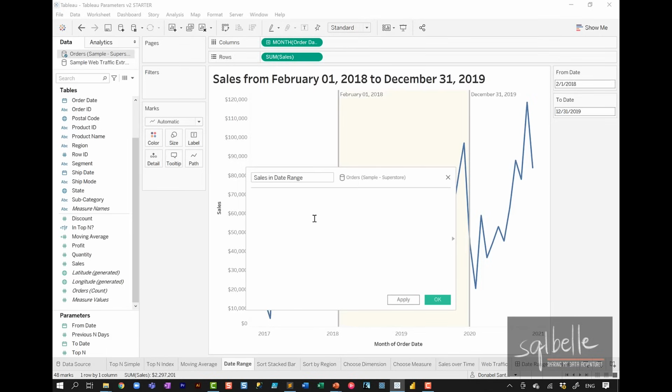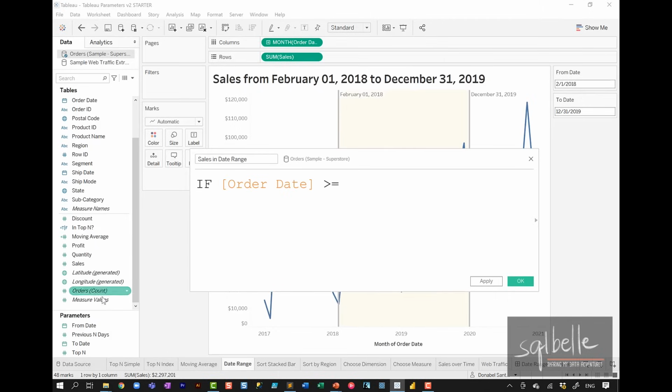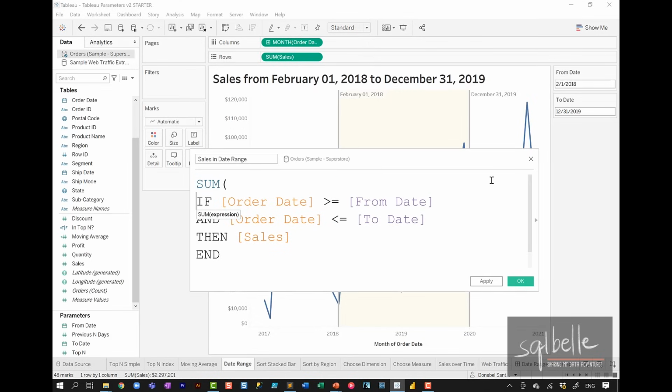Now I will show you some common issues that happen when we try to do this. We may be inclined to think that the only logic we need is an if-else statement. For example, if order date, let's expand this, is greater than or equal to our from date, and if the order date is less than or equal to our to date, then sales, and then end. We can put this inside a sum function that gives us the total,